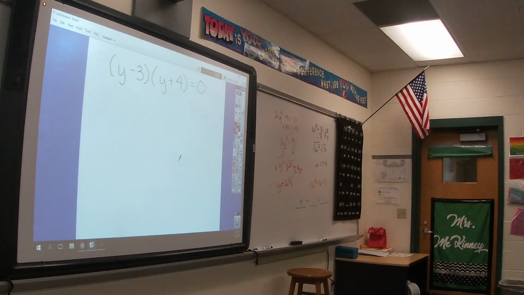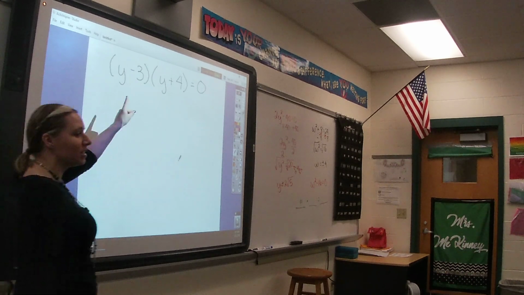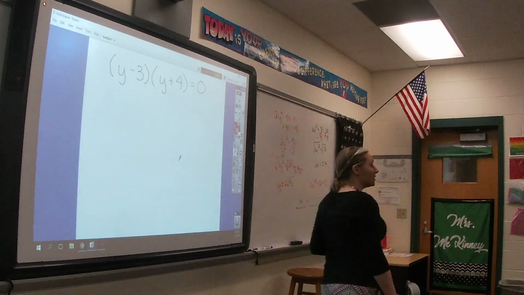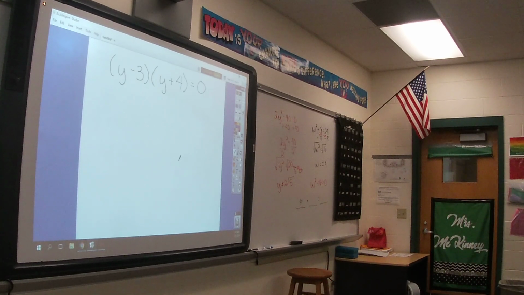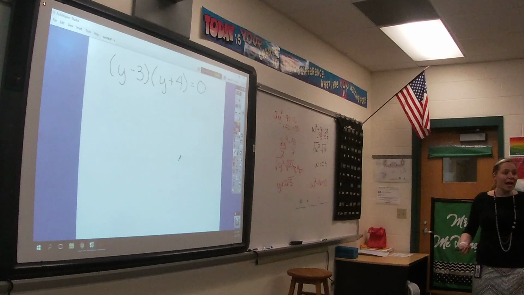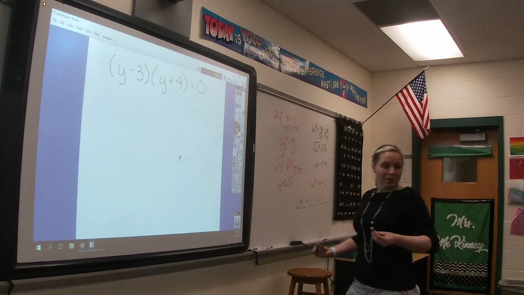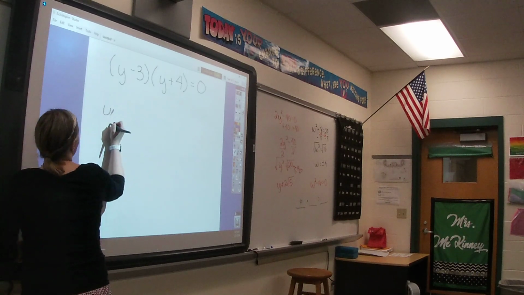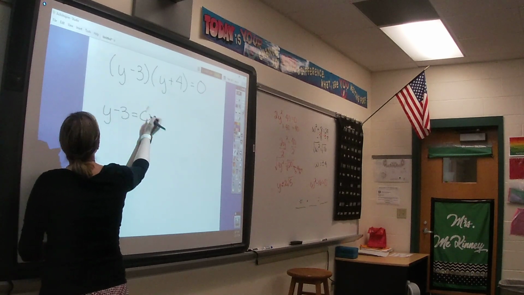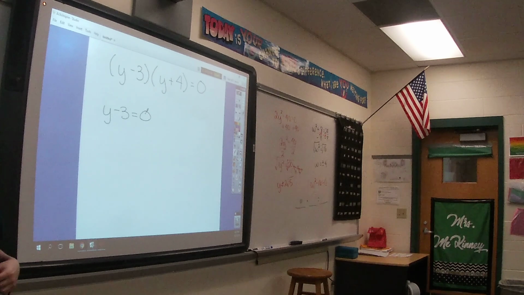Do I have two things being multiplied together on this problem? Yes. Does it equal 0? Yes. Which means that first property we learned means that either the first factor has to equal 0, or the second factor has to equal 0. Okay, so what's our first factor up here? y minus 3. So either y minus 3 has to equal 0